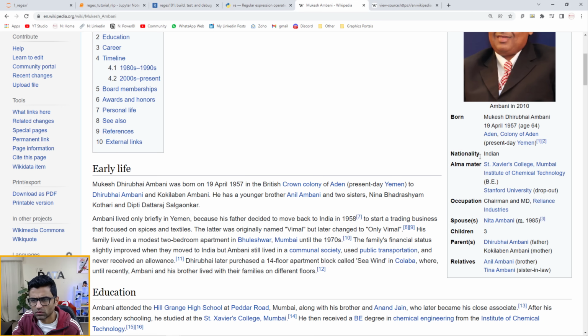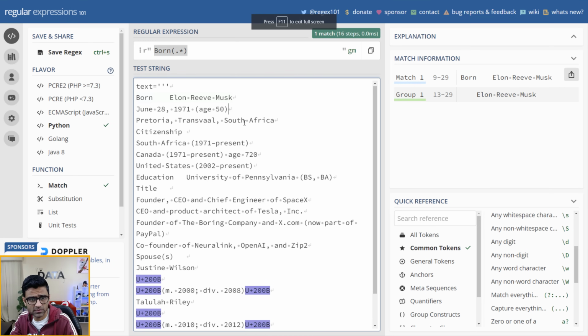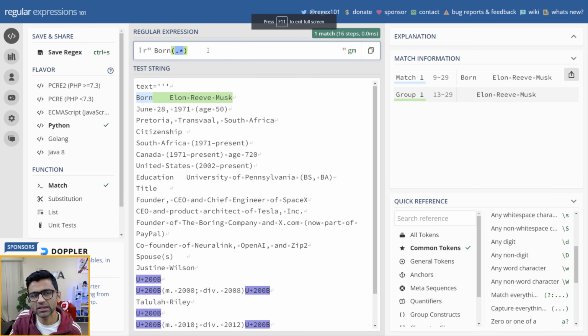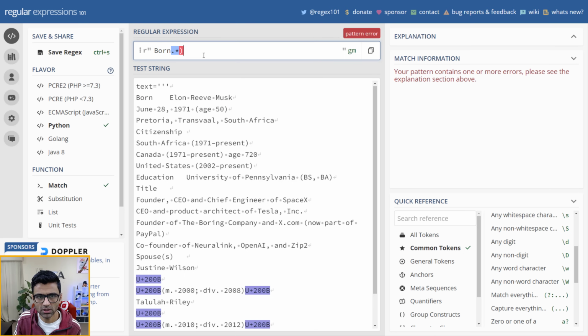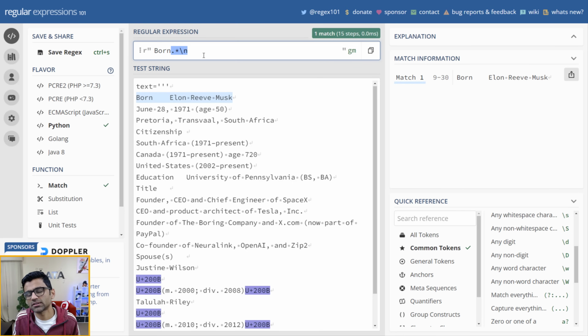All right, after born, what do you want to get next? Okay, the birthplace, or let's say birth date and birthplace. These are the things you want. Okay, how do you get the birth date? To get the birthplace and birth date. Okay, so how do you get birth date first? So where is my birth date? So birth date is basically anything that starts after this born line. So there is a born line. Below that line, that string,